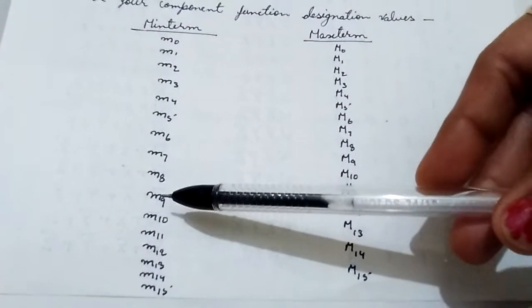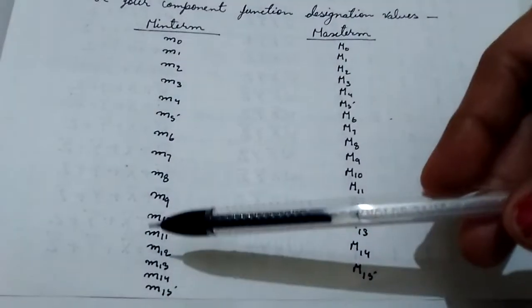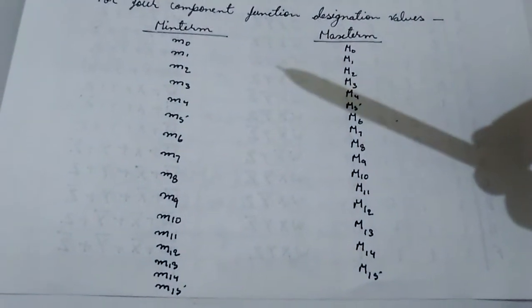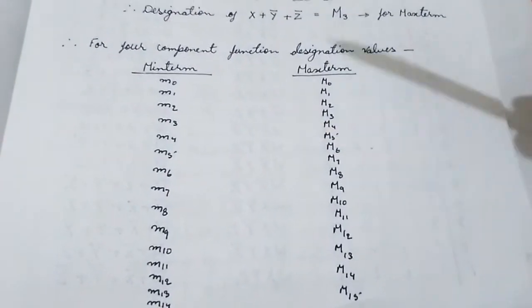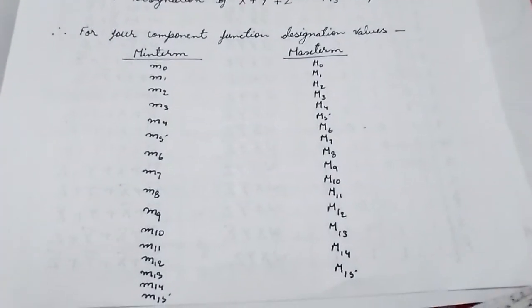It ranges from 0 to 15. We don't use A, B, C, D here, as the concept is to convert binary to decimal number. So we get it here as